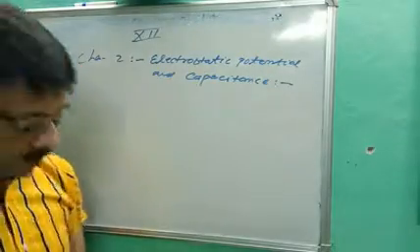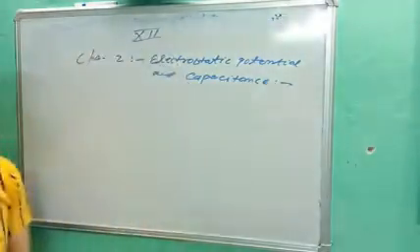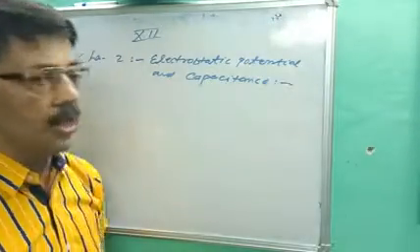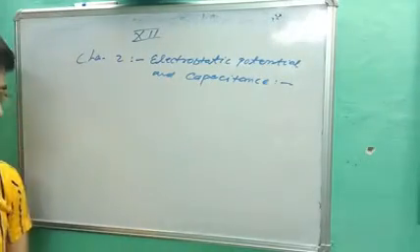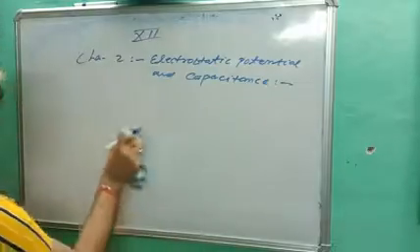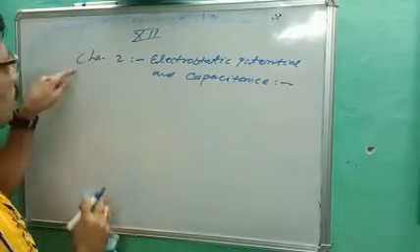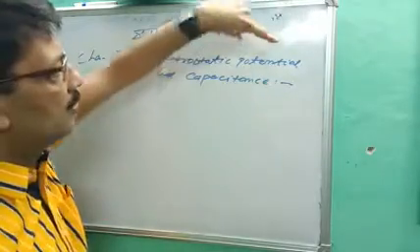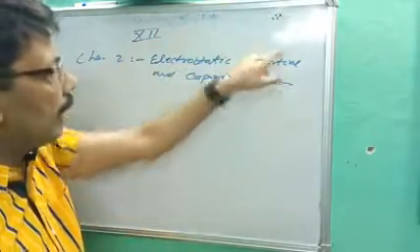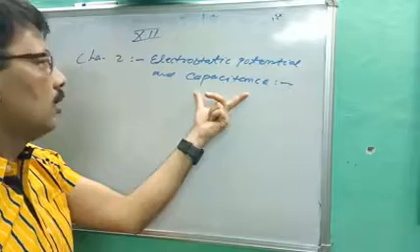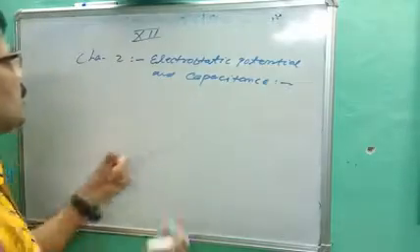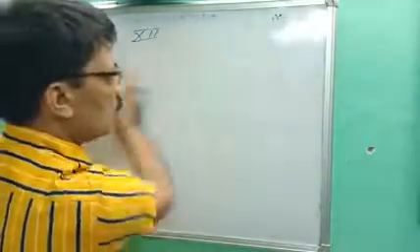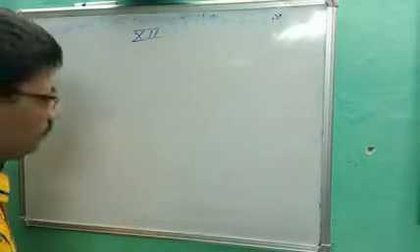Okay, so first we will go through electrostatic potential, which is already taught in class 10th. That's the introduction. So see, what is potential? Chapter number 2, electrostatic potential and capacitance. First we will discuss the potential, then by potential we will get what? Capacitance. Okay, so first, what is electric potential?